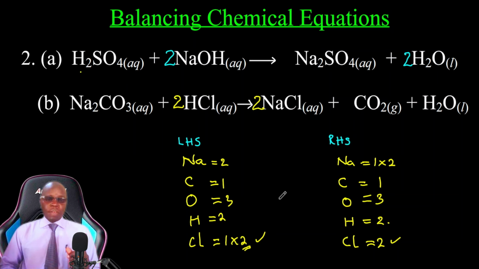Let's start with the left hand side of this equation, and we have 2 plus 1, that is 3, plus 3, 6, plus 2, 8, plus 2, 10. So on the left hand side we have a total number of atoms of 10, and from the right hand side let's also make some summation here. We have 2 plus 1, that is 3, plus 3, 6, 6 plus 2, that is 8, 8 plus 2, also 10. And we confidently say this equation is perfectly balanced, and you put a smile on your face